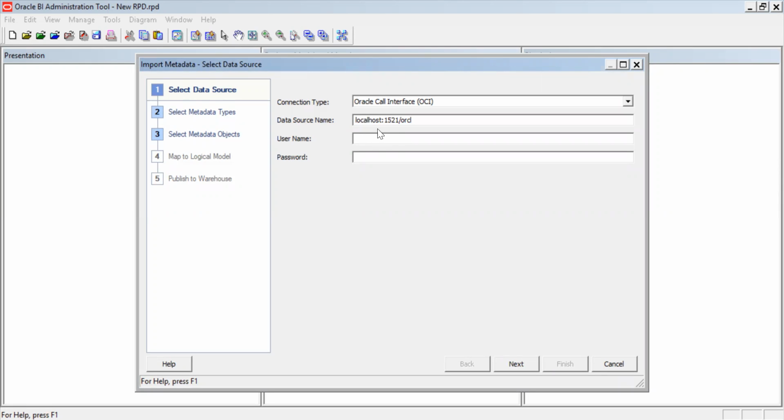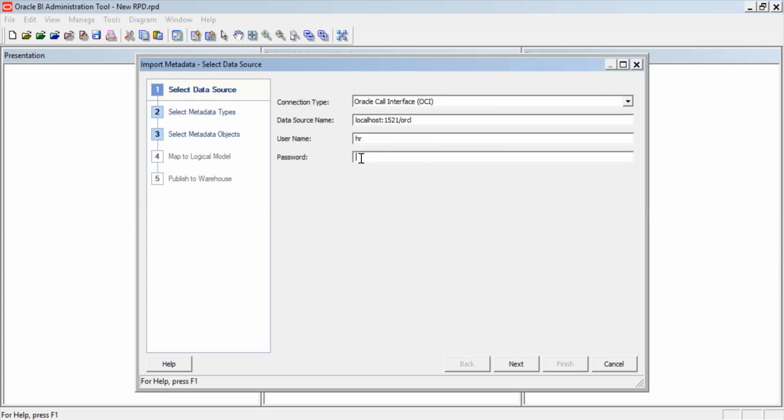So this is the localhost, then a colon, and the port number, in my case 1521, and then ORCL, and that depends, it differs from system to system. If someone installs it on another system, then you have to write their IP address, and the port number also differs, depending on which database you are connecting with. Okay, so now at present I am going to connect with HR, so I am going to write here HR